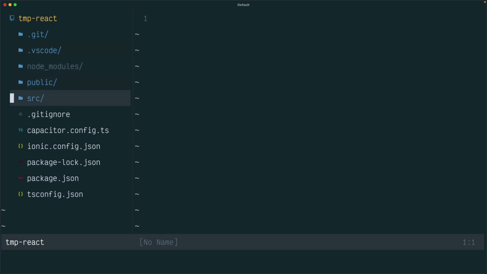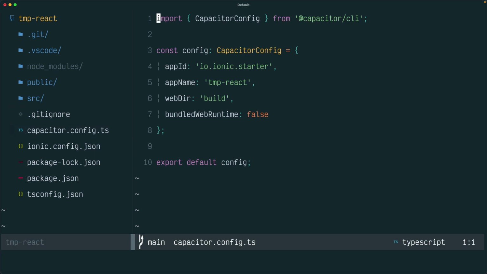We do have two additional files in here, our capacitor config file, which allows us to configure different aspects of our native project, like the bundle ID, the app name, where it should be pulling the web assets for the native project, and then whether or not we should be bundling the web runtime. We're setting this to false because we're using a build tool, so it'll go ahead and bundle this for us